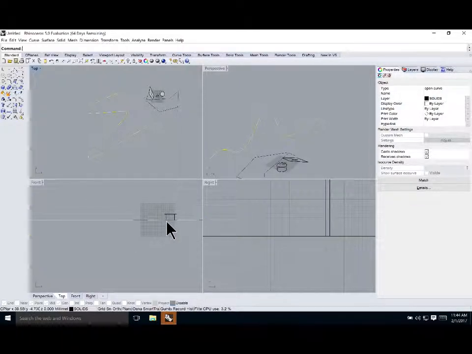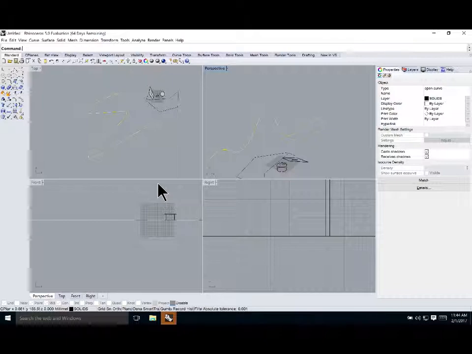Except that, and this is something important to note, and again, I hope that by doing it you will understand that, as I mentioned, the top, front, and right viewports, they have their